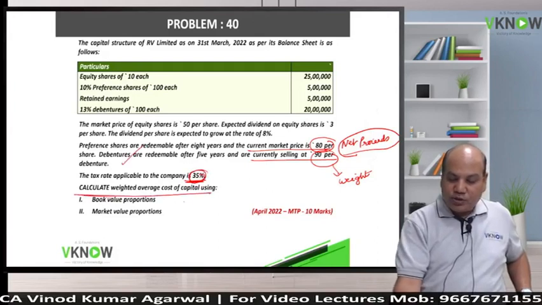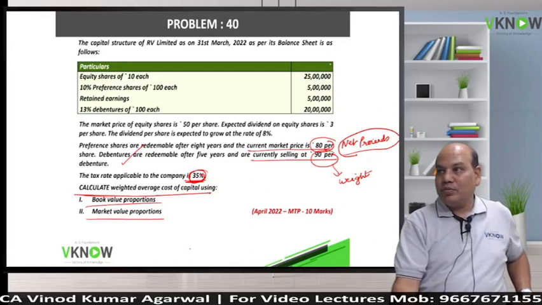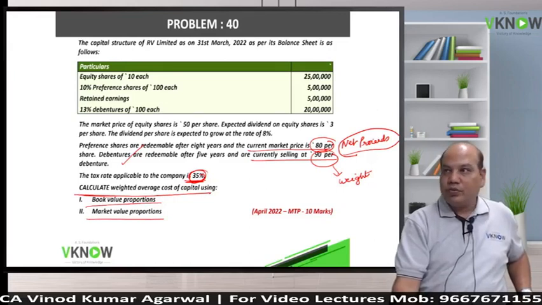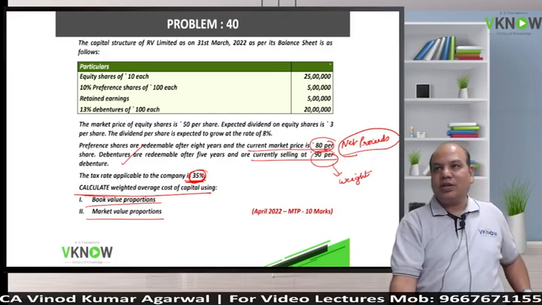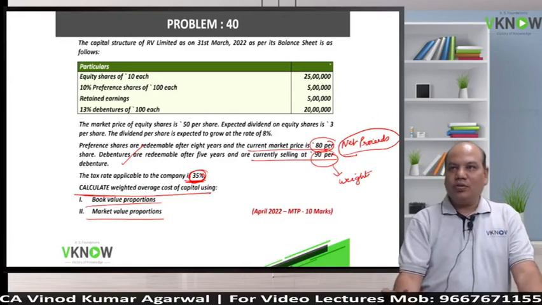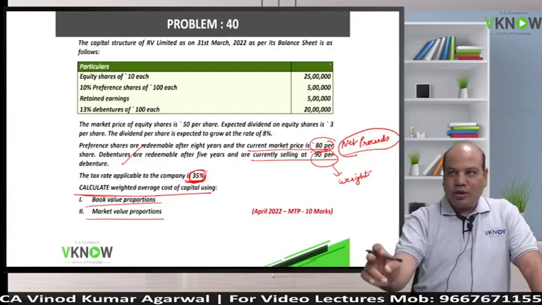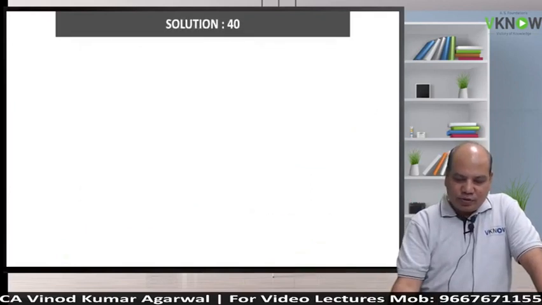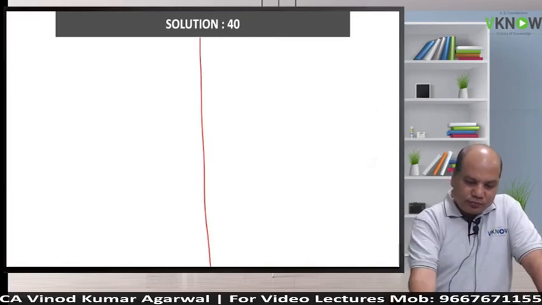Compute WACC using book value proportion and using market value proportion. What is my first task? To calculate cost of each source of finance. What is my second task? To calculate WACC. This will give you 10 marks. So do you want 10 marks? Say yes or no. Yes. Right. First write down